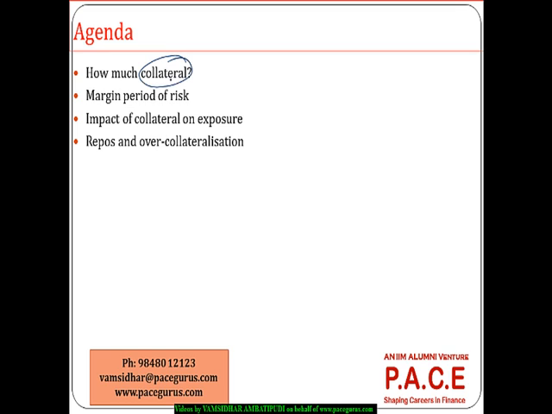The first thing is computing how much is the value of the collateral. Trying to understand the margin period of risk, we will define it, and we'll see how it plays a role on the credit exposure. Impact of collateral on the exposure, whether it goes up or goes down, and how do we differentiate the collateral for repos versus other OTC derivatives,